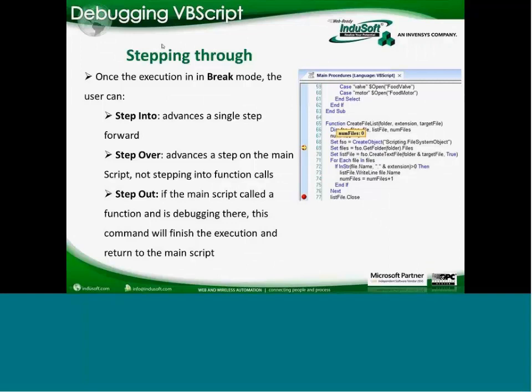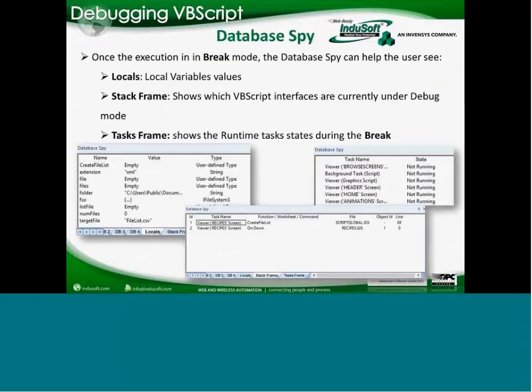Okay, so these are the three options. Step into is going to go step by step. Step over is going to skip the function calls. And step out, if I am inside a function call, I'm going to finish executing and go back to the first script. Okay? So, in addition to the breakpoints, we have now, on the database SPY, what I mentioned at the beginning, the new three